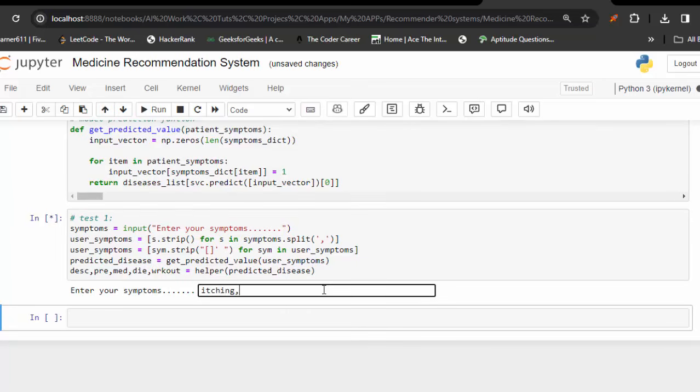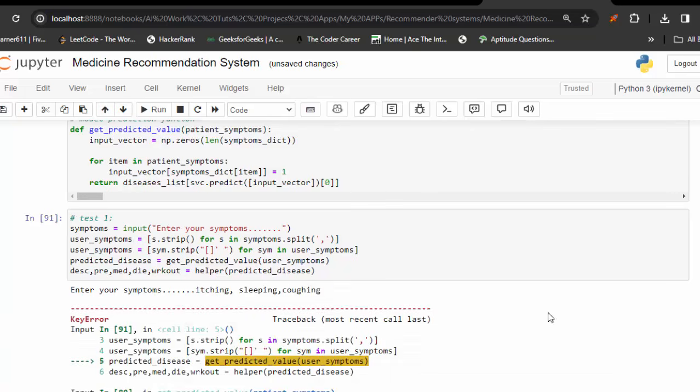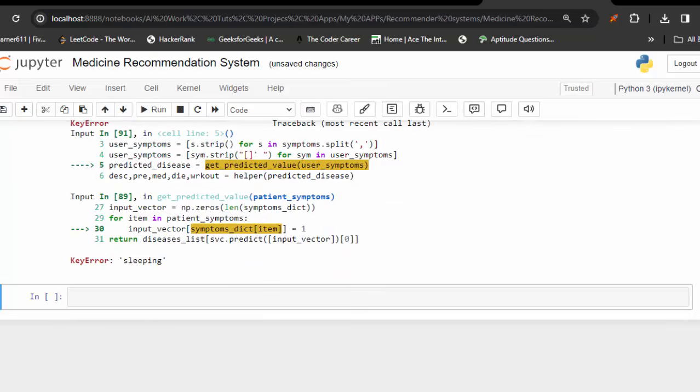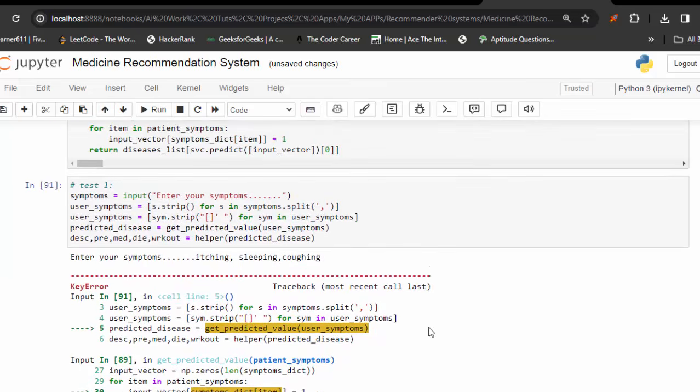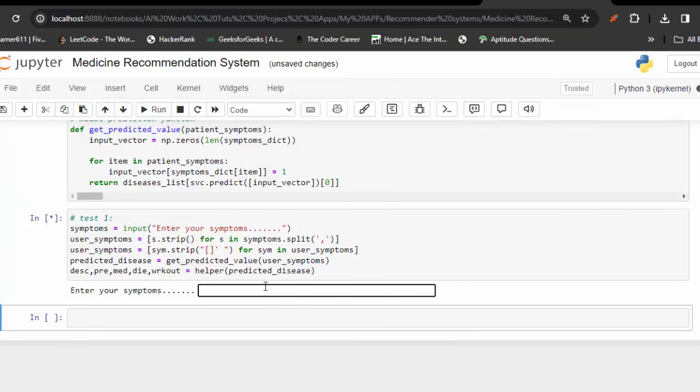Itching, sleeping, coughing. Spelling mistake is very important. Again, I think I made a spelling mistake. Sleeping. We will handle that later, but let me give a couple of symptoms like itching,